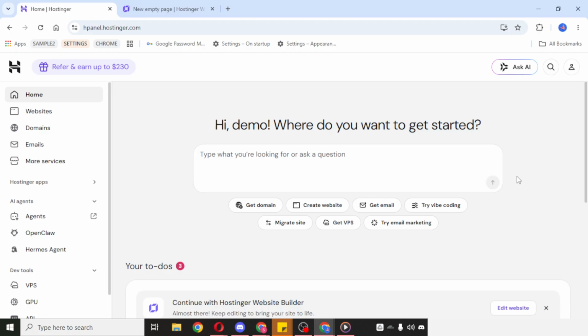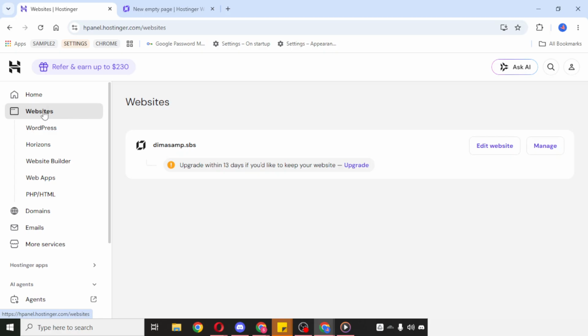and confidently. To begin, open your Hostinger account and sign in. Once you're inside your dashboard, look for your website and click Website. This will take you to the area where you can manage your site settings and access the builder tools. From there, click Edit Website. This opens the Hostinger Website Builder, where you can make visual and functional changes to your site.